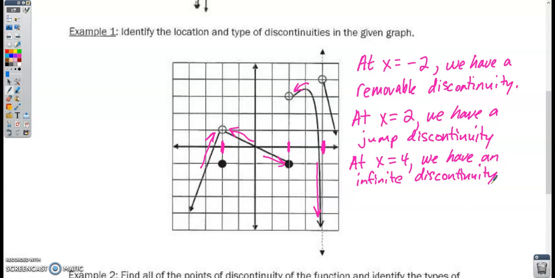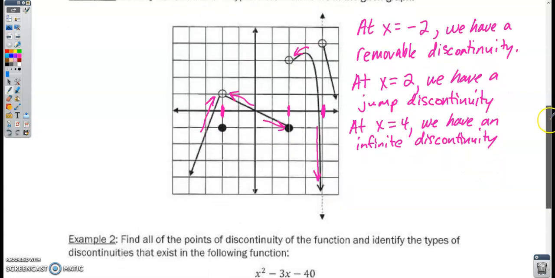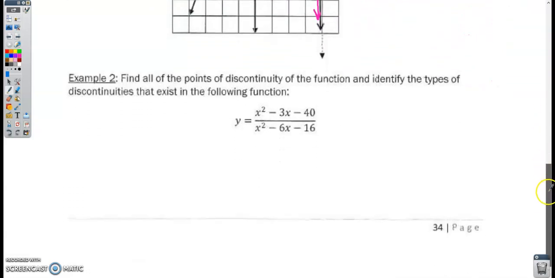Okay, let's go on to example 2. Find all the points of discontinuity of the function and identify the types of discontinuities that exist in the following function. One of the key characteristics that we're going to look for, and you should already have kind of learned